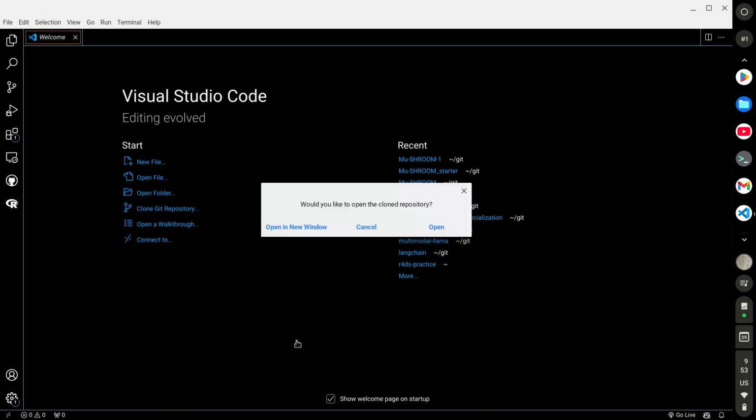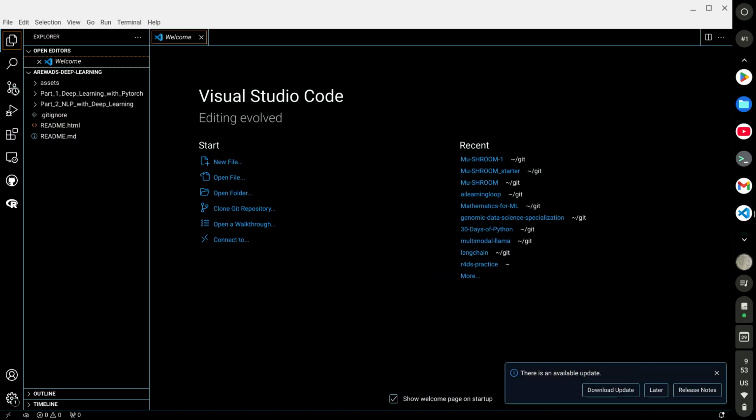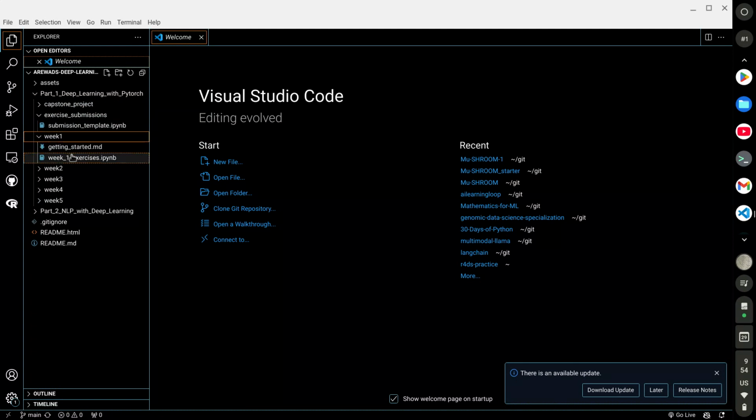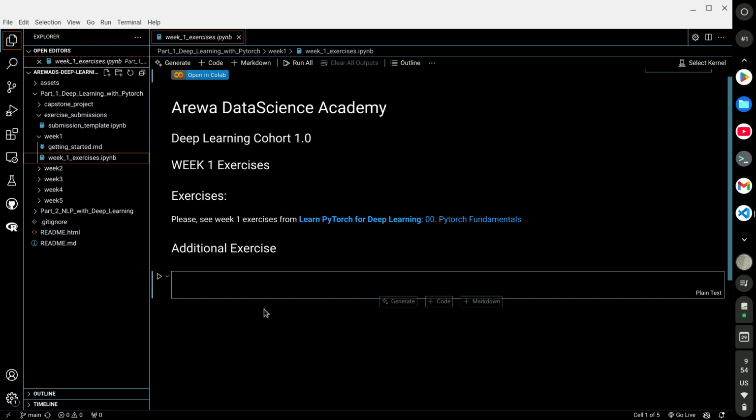The cloning is on. So will you like to open cloned repository? Yes. So this is my personal copy on my VS Code. So this is part one, and then this is week assignment exercise submission template week one, getting started week one exercises. So the whole point is that I need to